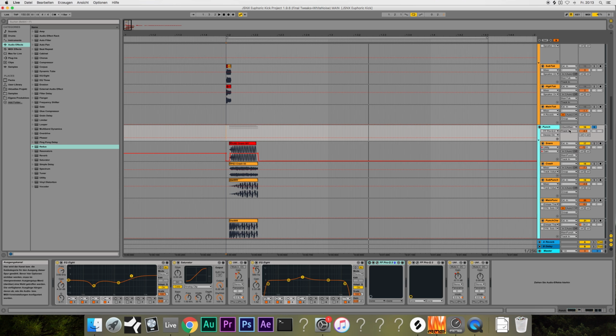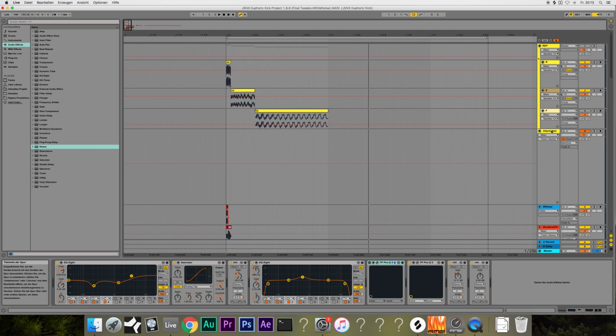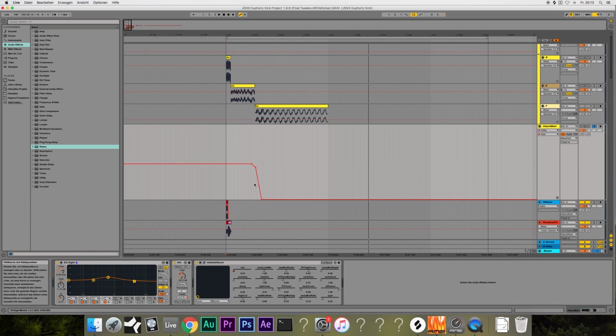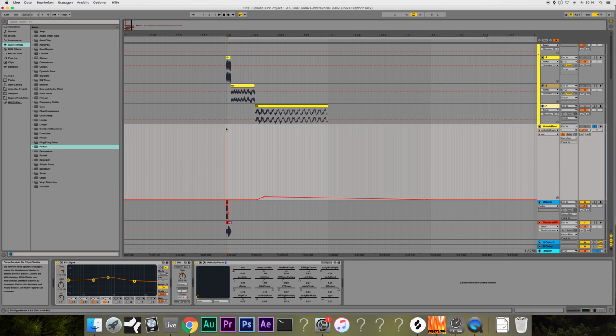Okay, this is the punch going to the attack main. So to the attack main, we already talked about the talk, which is also going to the attack main, and the punch and the talk are both going to the attack main, and they are not being processed a lot here. I'm just gaining the mid frequencies a bit, and I'm giving it an automation again to make it go down smoothly. And I put a tiny bit of reverb by using Valhalla Room, just to create space